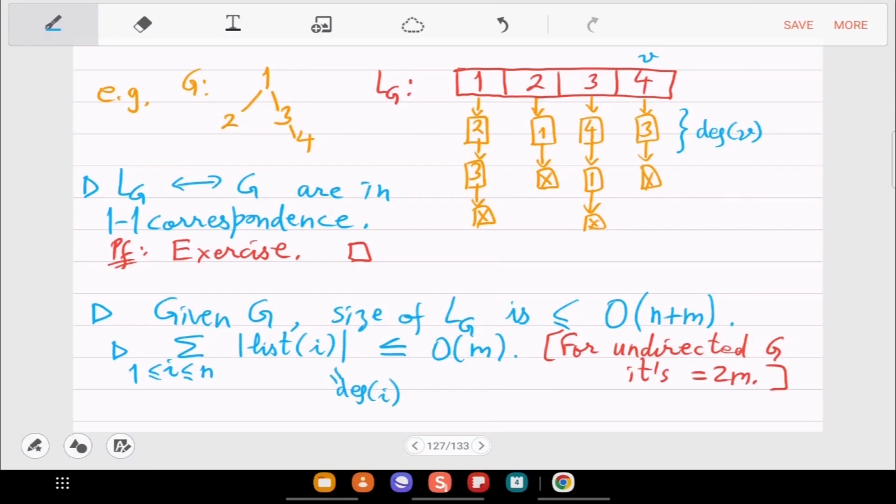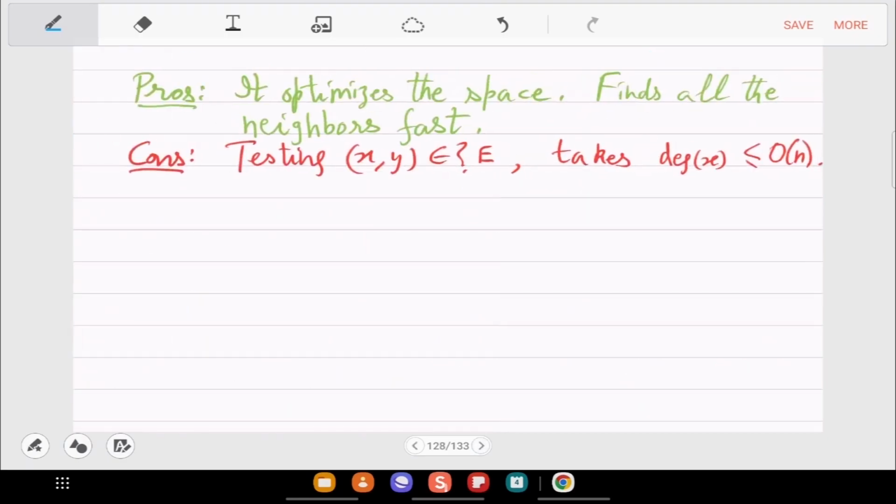So the sum of degrees is equal to 2m. That's the formula for undirected graphs. Any questions at this point? So that is the most common, the canonical implementation of a graph. Unless otherwise stated, this will be the input. The graph is given as this.